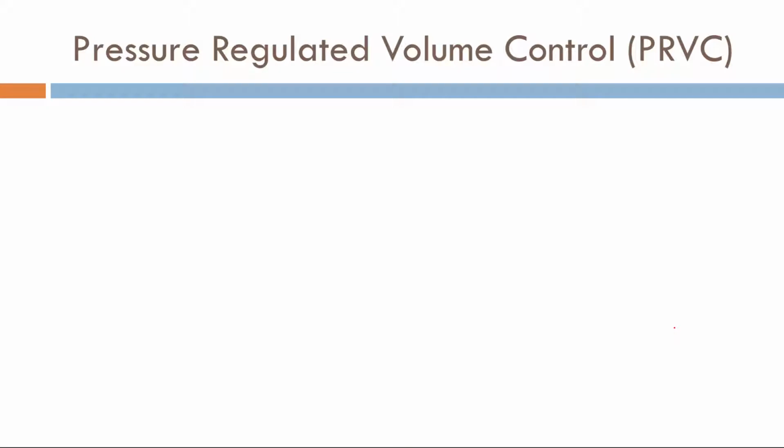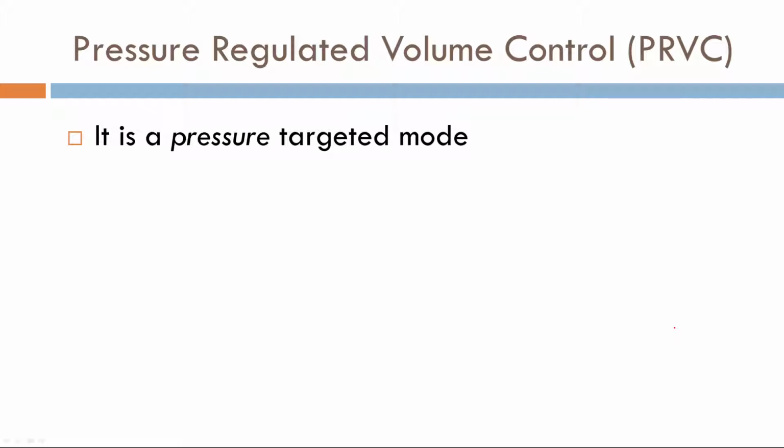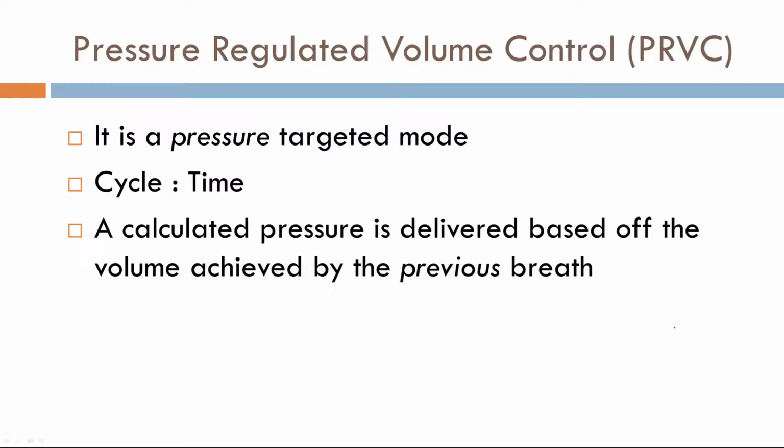So PRVC, do you think it's a flow targeted mode or a pressure targeted mode? It's a pressure targeted mode. And what do you think the cycle variable is? It's time. So the question is, how is PRVC different from pressure assist control ventilation? Because in pressure control, the target variable is pressure and the cycle variable is also time. So the key difference is for PRVC, a calculated pressure is delivered based off the volumes achieved by the previous